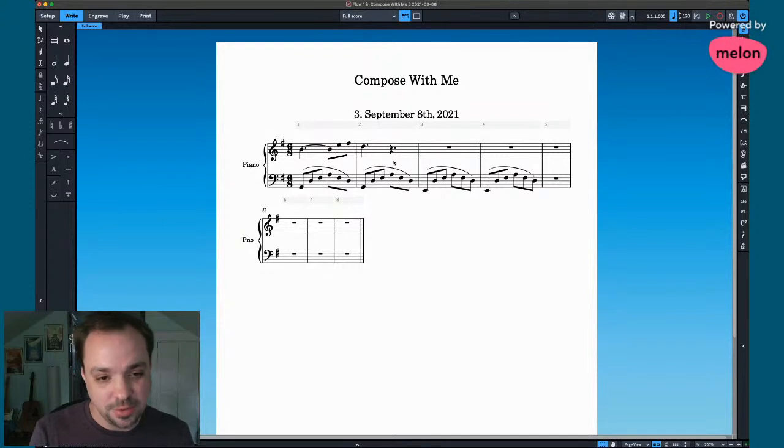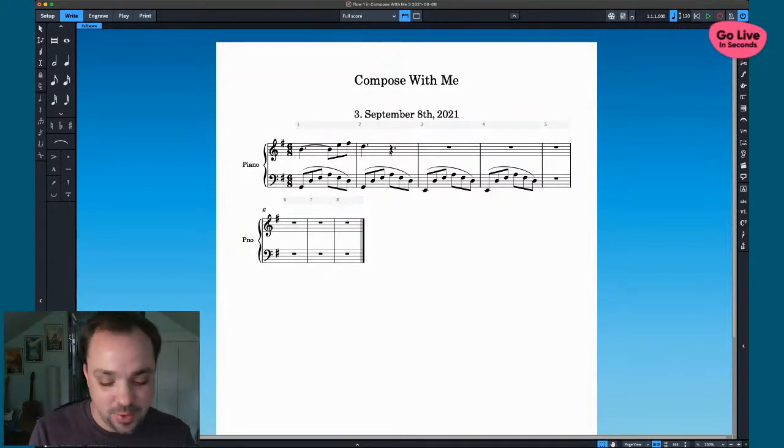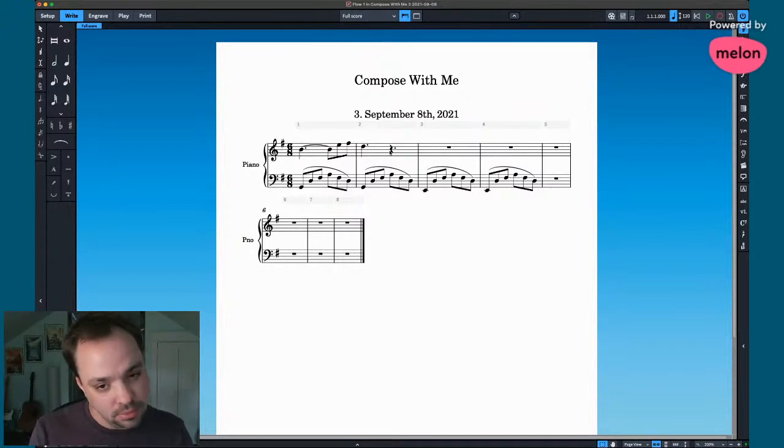Maybe it's too much. I should maybe go back to that idea I was saying before. If I want to move quickly, let's just keep moving. Yeah, let's change that.